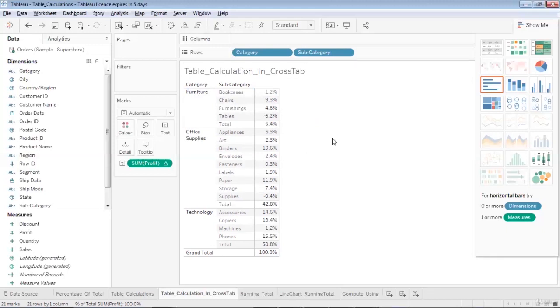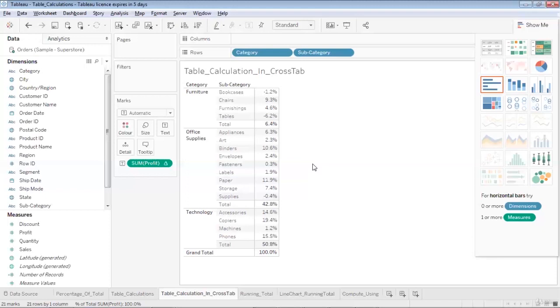So this way, using table calculations, we can have a very deep dive look into the profits generated by each category and subcategory in terms of percentage of the total profit. When you just see the total profits in terms of figures, in terms of money, it won't give you that much understanding if you are a strategic consultant. If it's shown to you in terms of percentage of the entire profit, then it makes it very easy